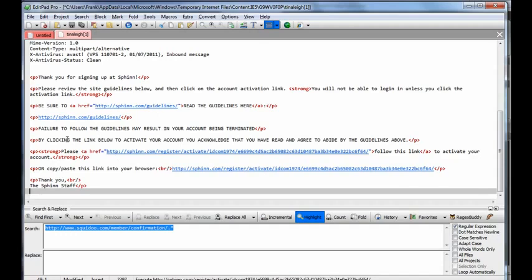Okay, so I've got the message here. Now I'm looking for the actual link. Now there's the link right there. Copy or paste this link to your browser. Or here we can see the same link again. Now you can see the link actually has something that is pretty easy to grab. Okay, but it's